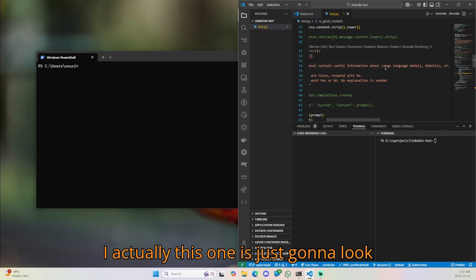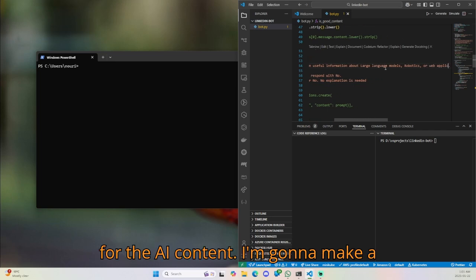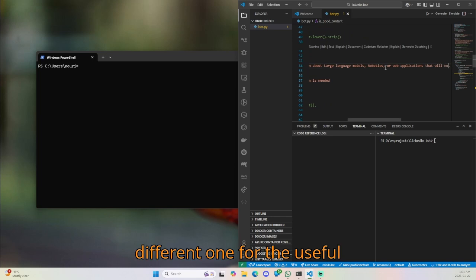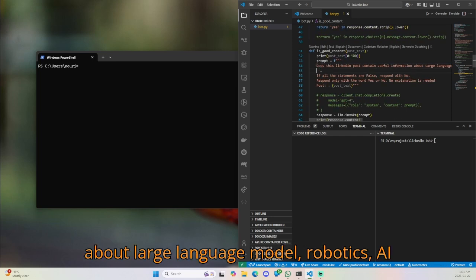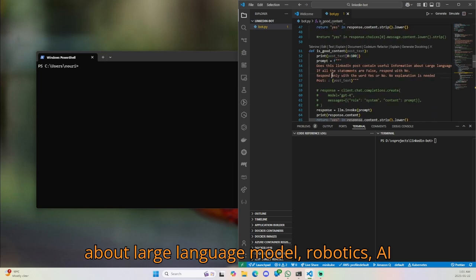Actually, this one is just going to look for the AI content. I'm going to make a different one for the useful general stuff. So does this LinkedIn post contain useful information about large language model, robotics, AI,